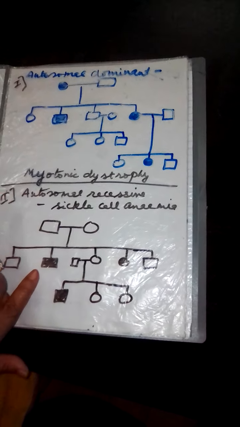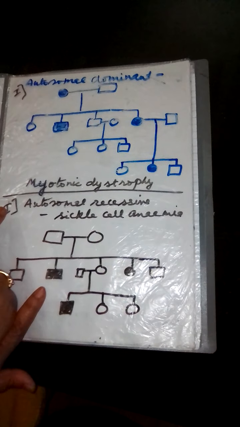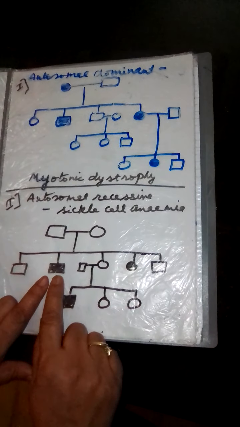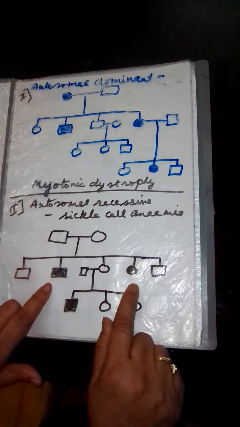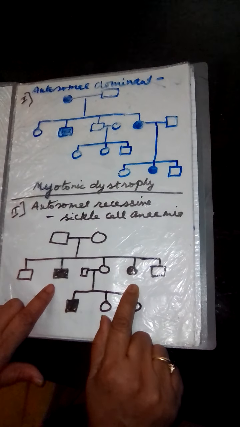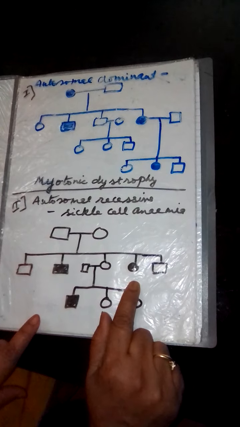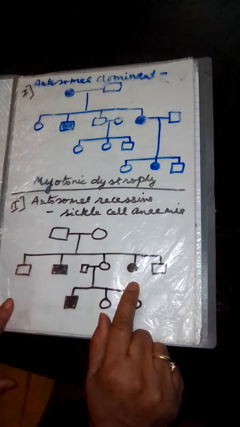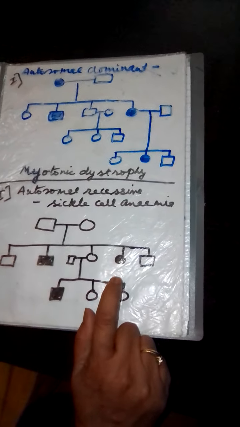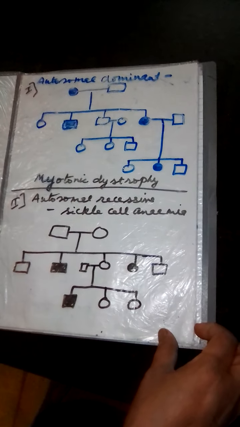Now second, we have to find whether it is autosomal or sex linked. Since the disease is shown in both sexes, male and female, it is autosomal. Had it been only in one sex, it would have been sex linked, just like we have read in hemophilia, where the disease appears only in the male. Okay, now I will show you one more slide. See, this is a pedigree chart. By studying this pedigree chart, we have to answer certain questions.